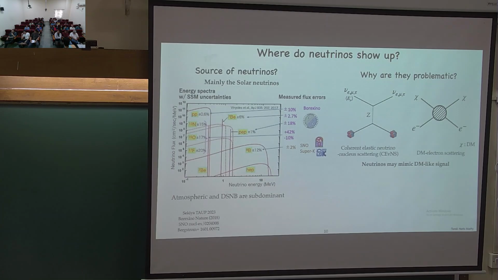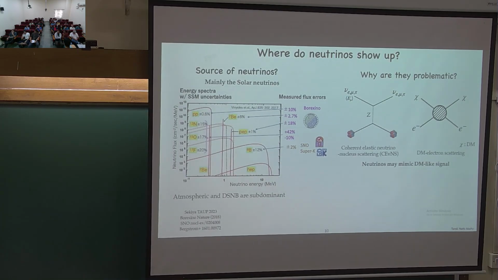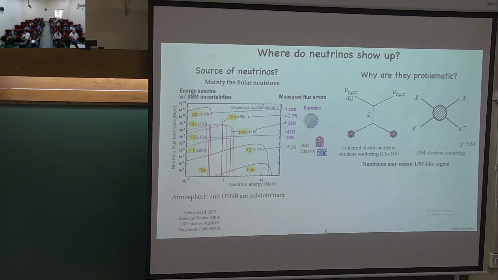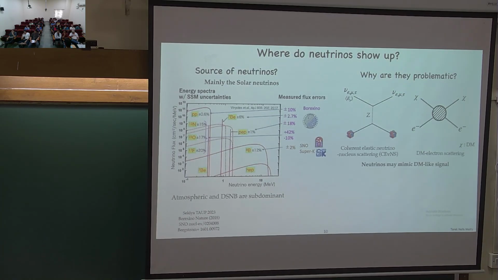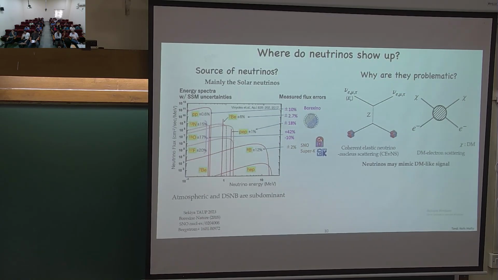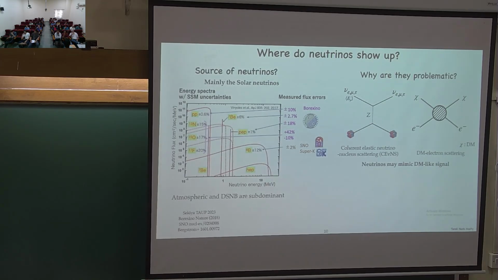That is just because, in the energy regime where these experiments are searching for sub-GeV dark matter electron scattering, they could not separate out what is nuclear recoil and what is electron recoil. That's why you need to focus on coherent neutrino nuclear scattering. There could be some contamination from neutrino electron scattering too, but the cross section itself is small, so the contribution would be small.